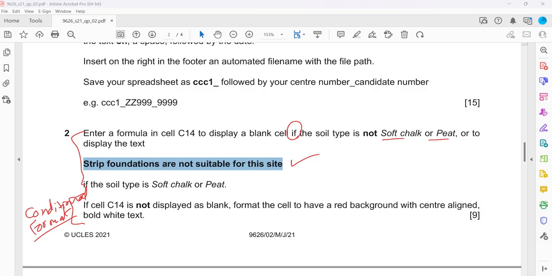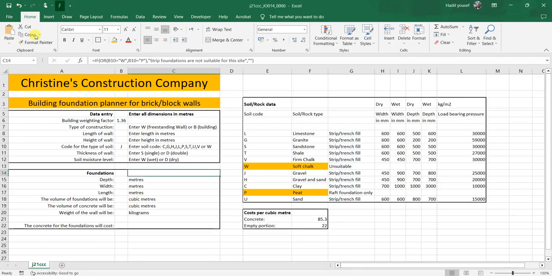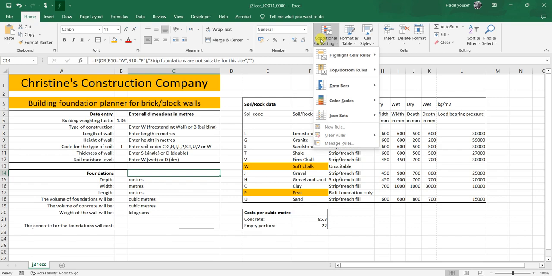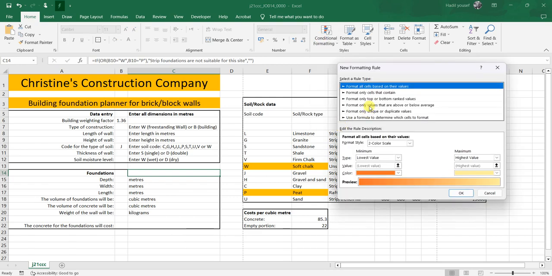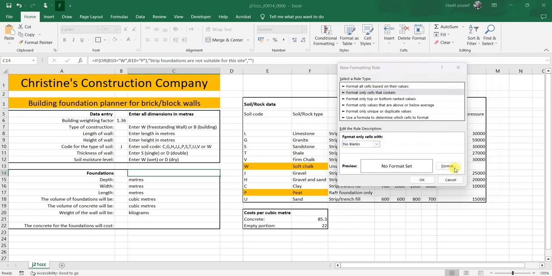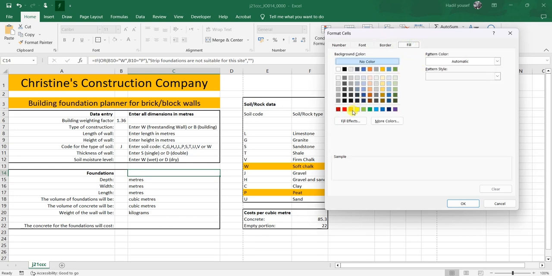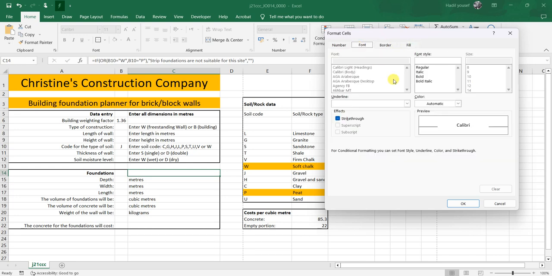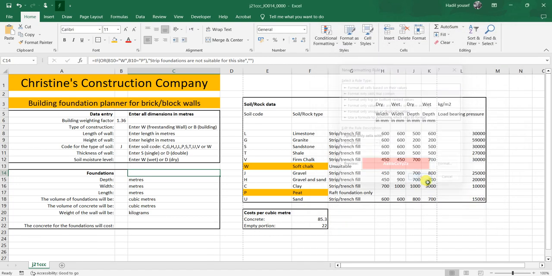So I click on the cell, back to conditional formatting, new rule, format the cell that contain when it is no blank, format, the fill is red, the font is white, the font is bold. I don't have anything about the alignment, so I will just click OK and click here on